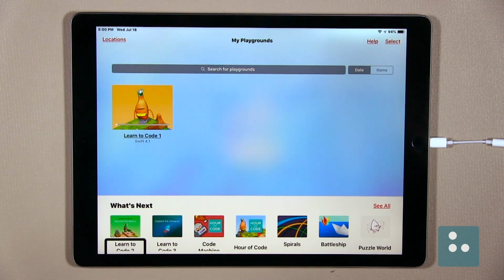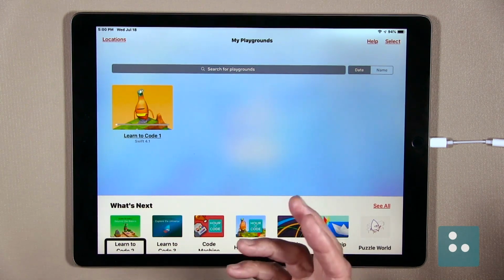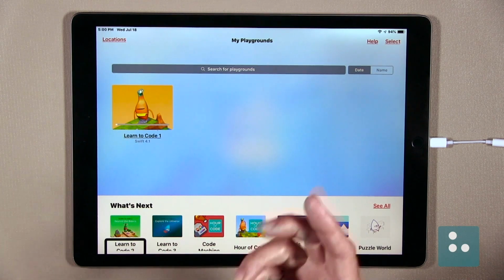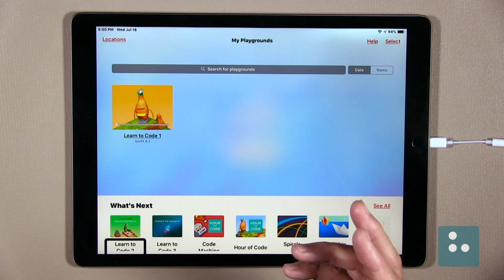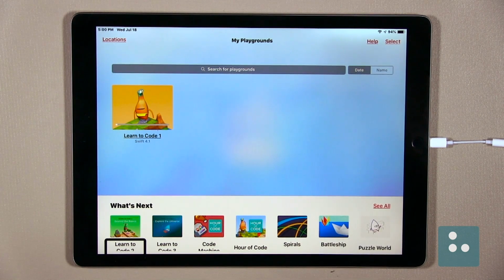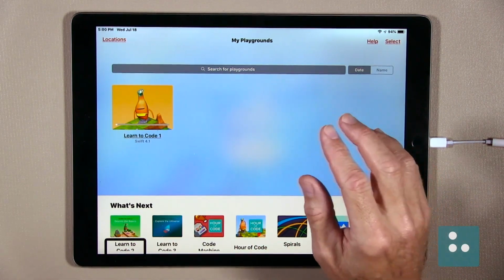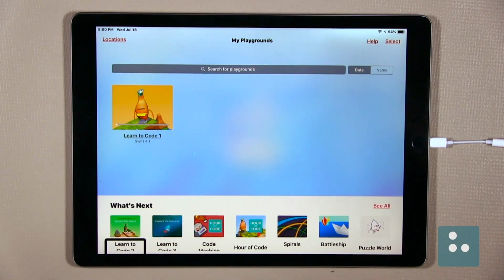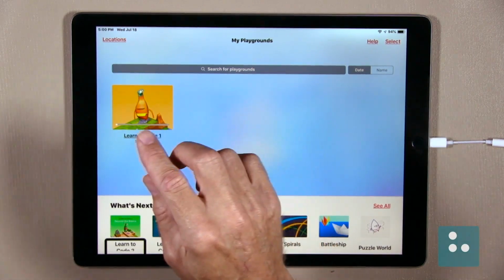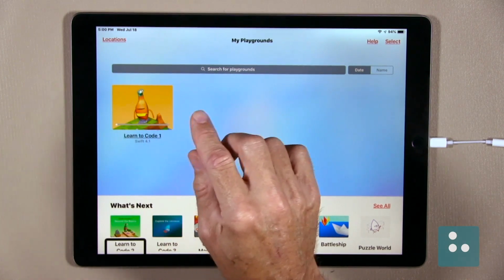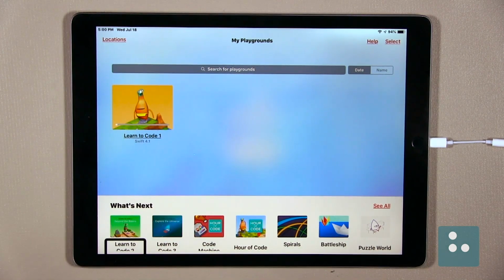Learn to Code 2. Okay, here is our Learn to Code 2 playground. So it kind of makes sense that this is the next playground that we would probably like to download. Now, it's super easy to download our Learn to Code 2 playground here. All we need to do is just simply single finger double tap. And of course, our new playground would be downloaded and it will appear in the list of downloaded playgrounds, which really is super easy for us.